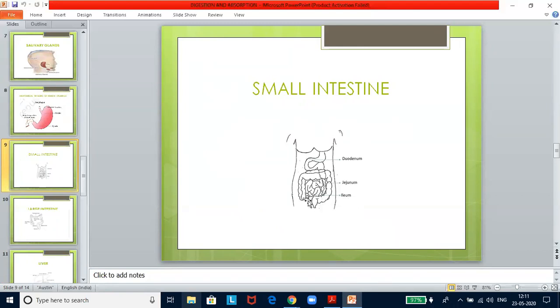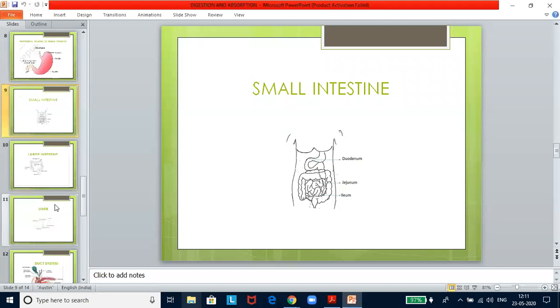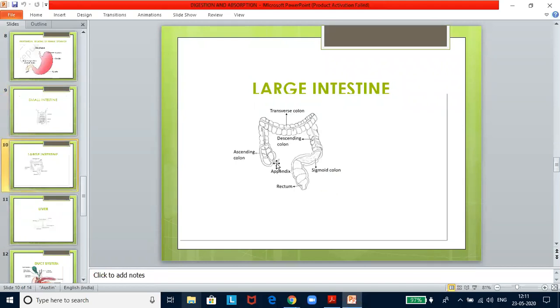And here at the caecum, you will find a blind structure, and that is called the vermiform appendix. The vermiform appendix is found here in the large intestine. You can see very clearly here the colon: one is the ascending colon, the one which runs horizontally is the transverse colon, and the one which comes down is the sigmoid colon. And here at the large intestine, you can see a finger-like projection, and this is called the vermiform appendix.